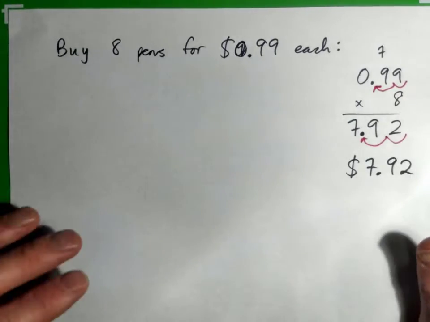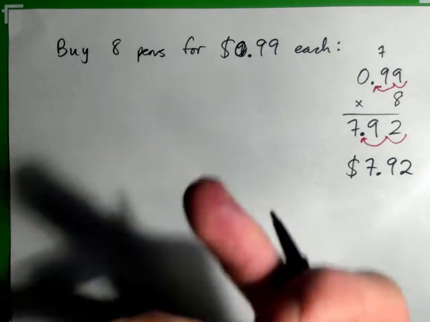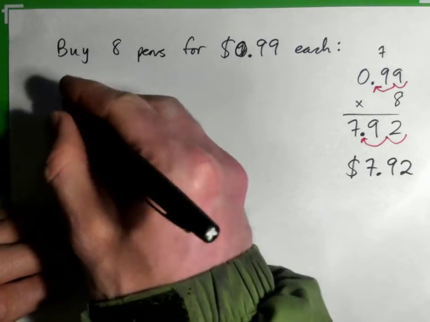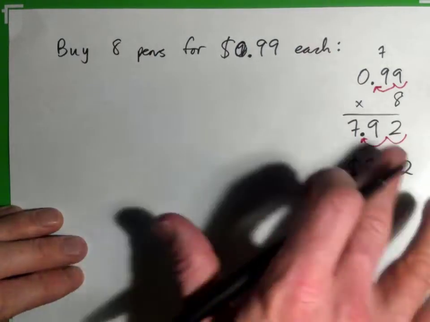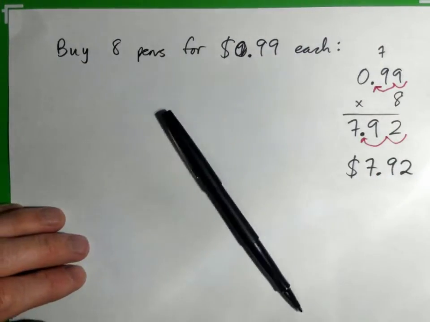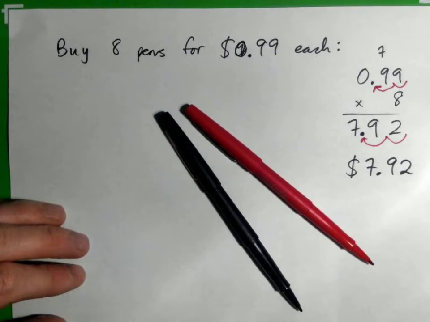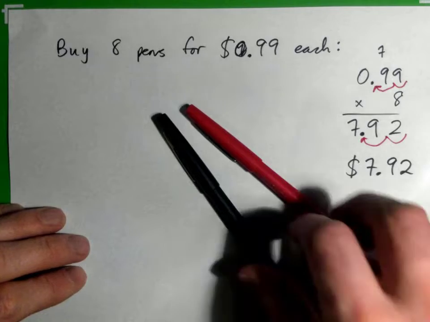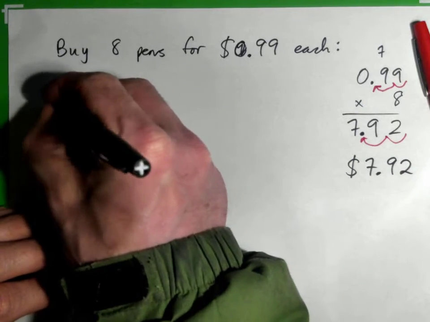We know we can do that. It's not the question. The question is, how can we understand the distributive property a bit more, right? So the distributive property, we're going to use that to get this answer, to just understand this a bit more. And we're buying 8 pens. We're buying a bunch of pens, and each pen costs 99 cents, right? So it's going to look like this. 8 times